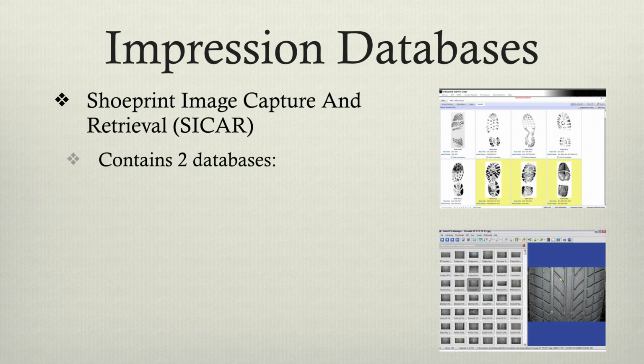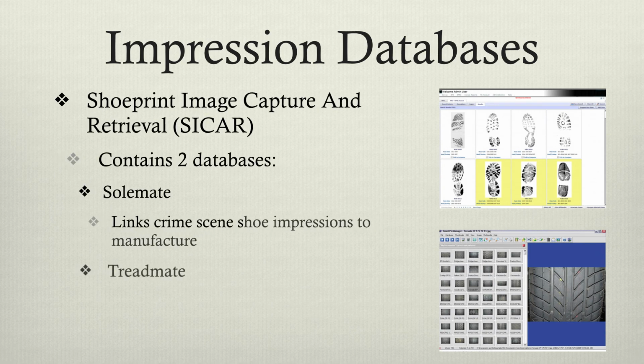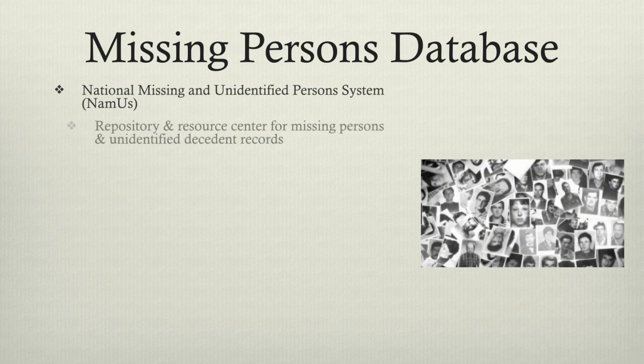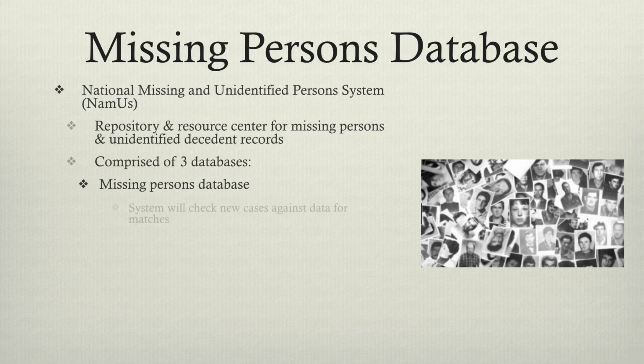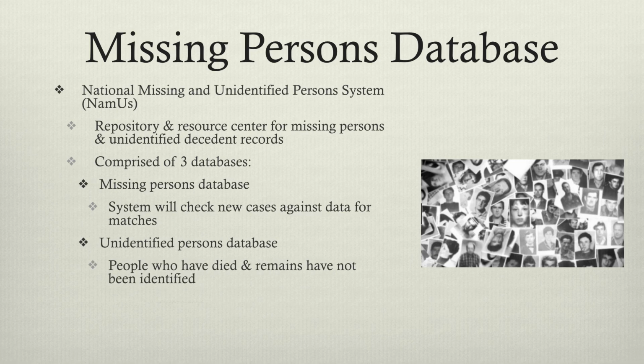And then we have the impression database, and this actually contains 2 databases. It's the Shoeprint Image Capture and Retrieval, SICAR. The first one is SoleMate, and this links crime scene shoe prints to the manufacturer. And the second one is TreadMate, which houses tire tread patterns for comparison for the investigators. And then lastly, we have the Missing Persons Database, the National Missing and Unidentified Persons System, or NamUs,